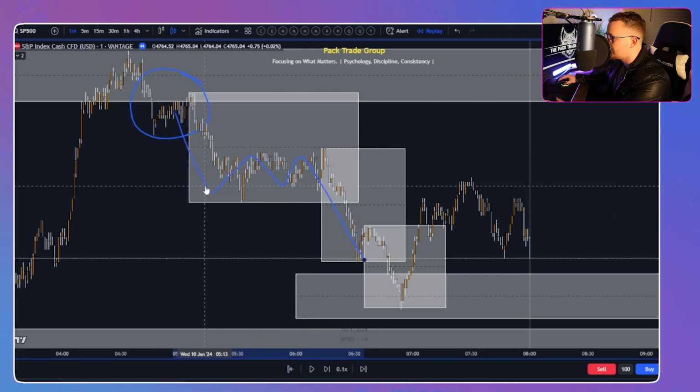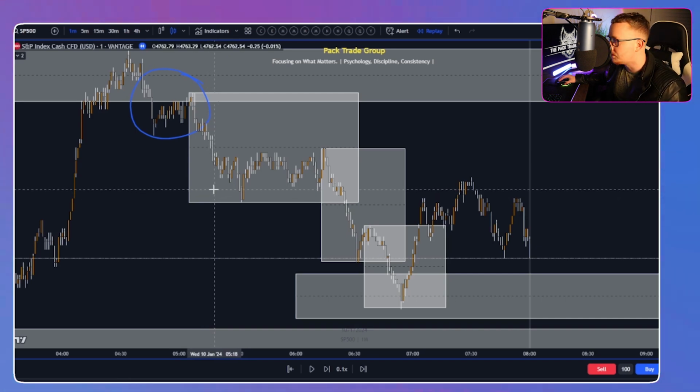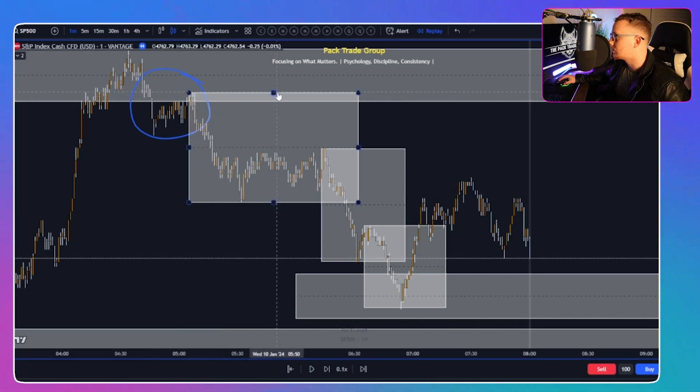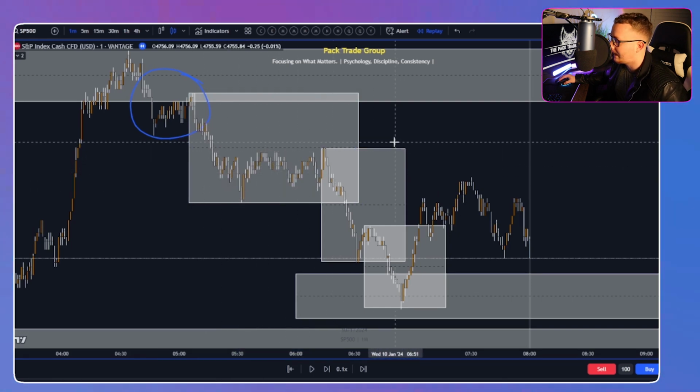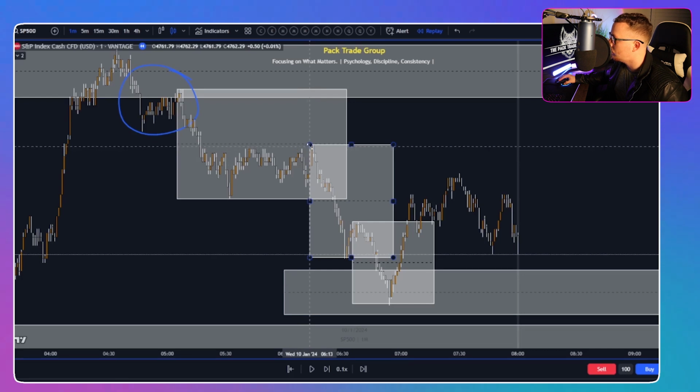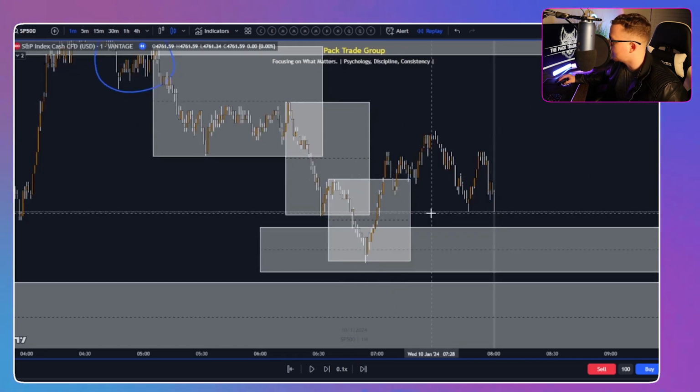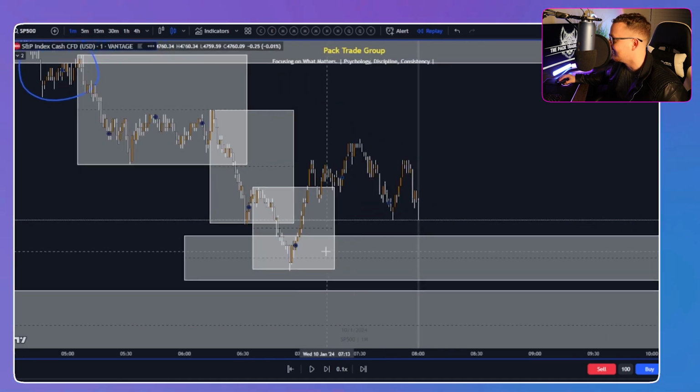How do we highlight this to see this so it's objective and not subjective? All you got to do is start using this little rectangle box. You can start from the previous high that made a new low, draw it. You can have this little midline here because price likes to retrace 50% of the way. That's how it normally works. And then once a new low was formed, you find where that high was responsible for making that low. Then you trace it again. Same thing. You trace it again. It's very easy. And now this is the wick on the 1 hour that we're going to be paying attention